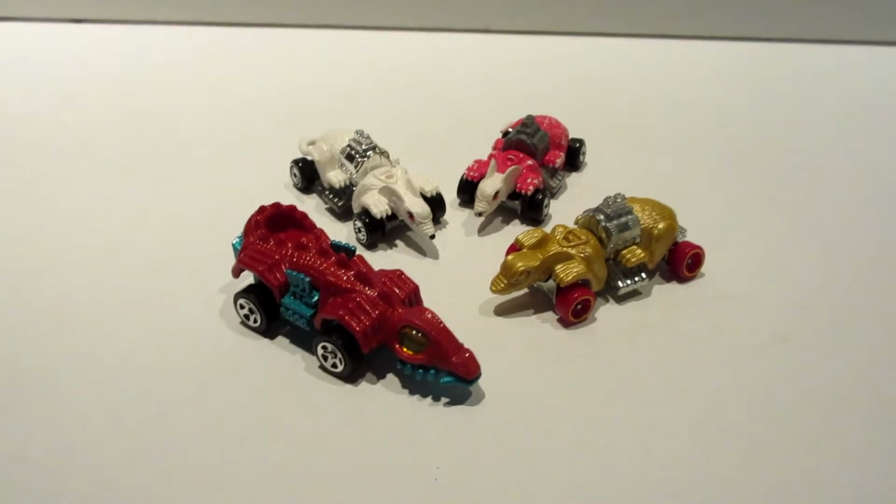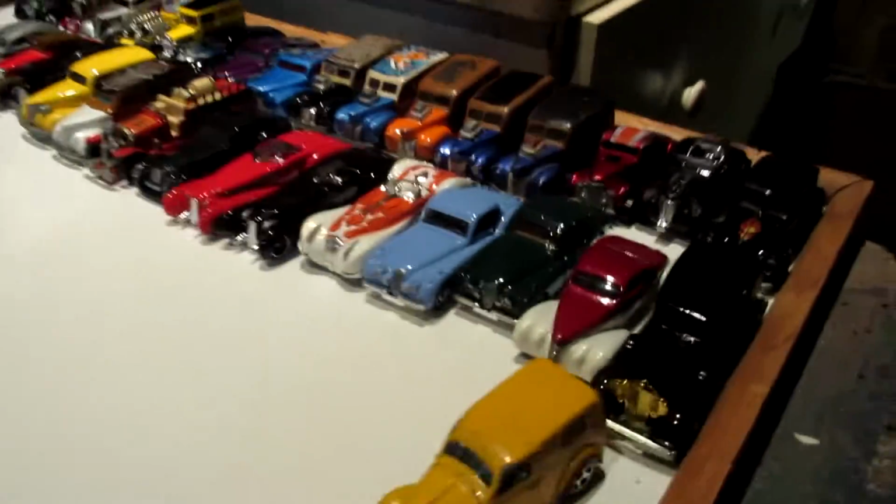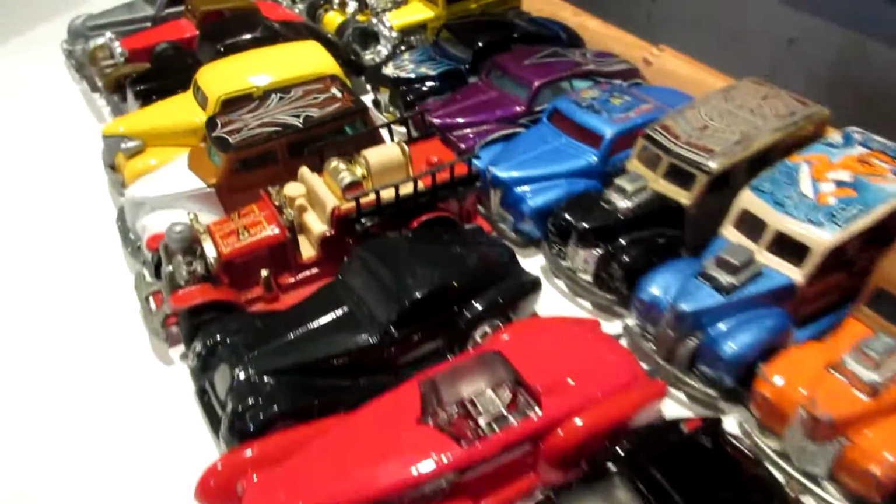Wait a second, that's not the point of the video. Out of my way. No, today we are talking about classic cars from the 30s and the 40s by Matchbox